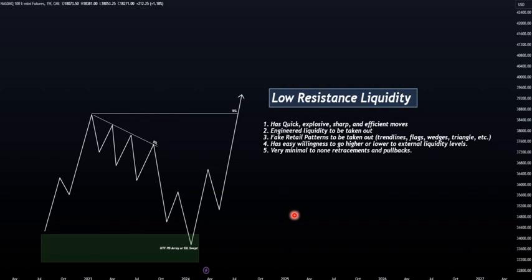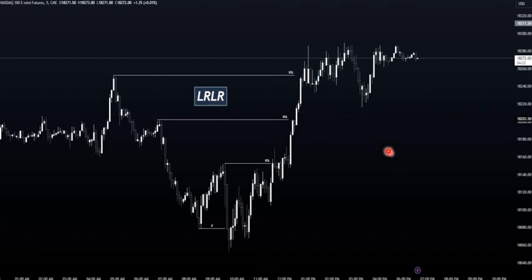You want to pay attention to all of that to see what it's doing, because whatever that is doing is going to be the opposite of this, and I can promise you 99% of the time that's going to be the opposite of this. Okay, so here we're going to be paying attention to an example on the charts of what low resistance liquidity